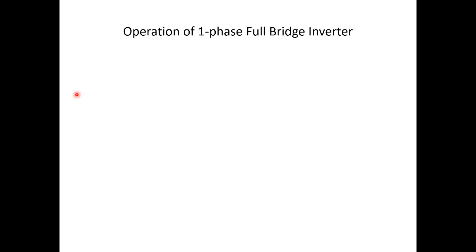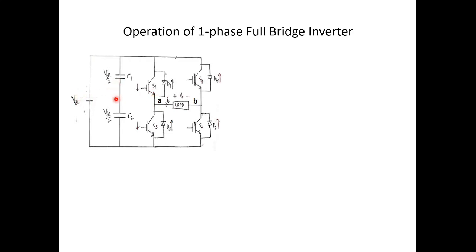Firstly, let us see the operation of single phase full bridge inverter. Circuit diagram is shown here. We know this is the circuit diagram for single phase full bridge inverter. We require four bidirectional and unipolar switches. So each switch is realized by this combination, that is a transistor in anti-parallel with the diode. Of course, this transistor can be replaced with SCR also, but we have a limitation, so SCR cannot be operated at high switching frequency.